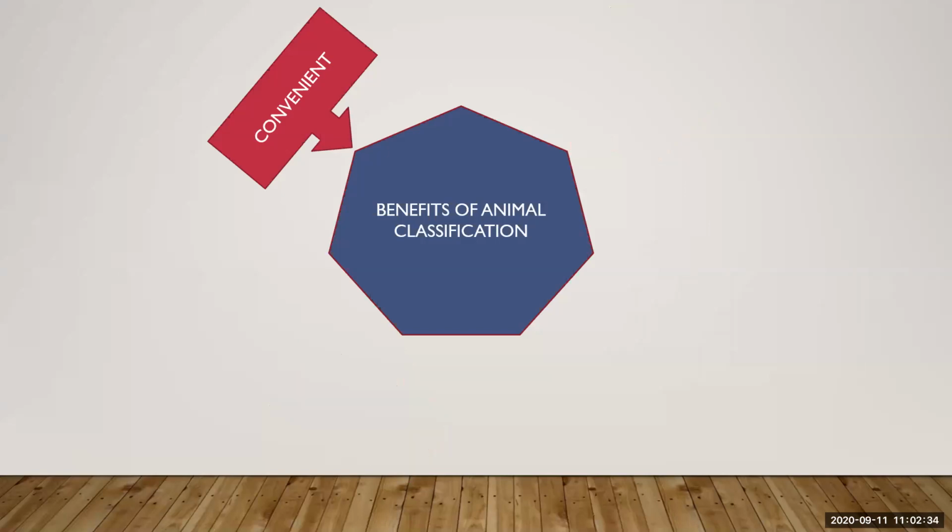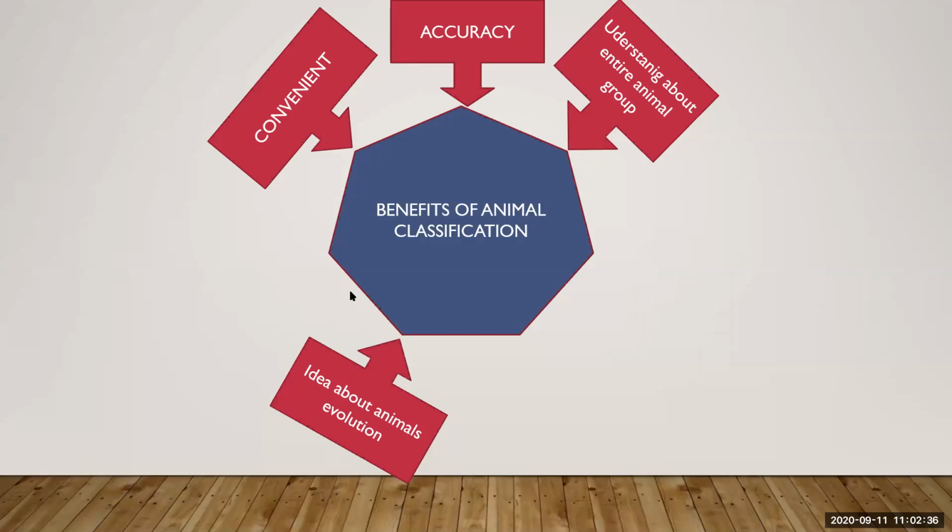Then here it is accuracy. I told you accuracy. Whatever the animal is, it can be easily identified with great accuracy. We can have the correct name of that particular animal in front of us. Suppose I'm talking about dogs, and I said bulldog. The picture of that bulldog comes in front of your mind. So this is classification, by which we can get the accurate name or accurate species of that particular animal.